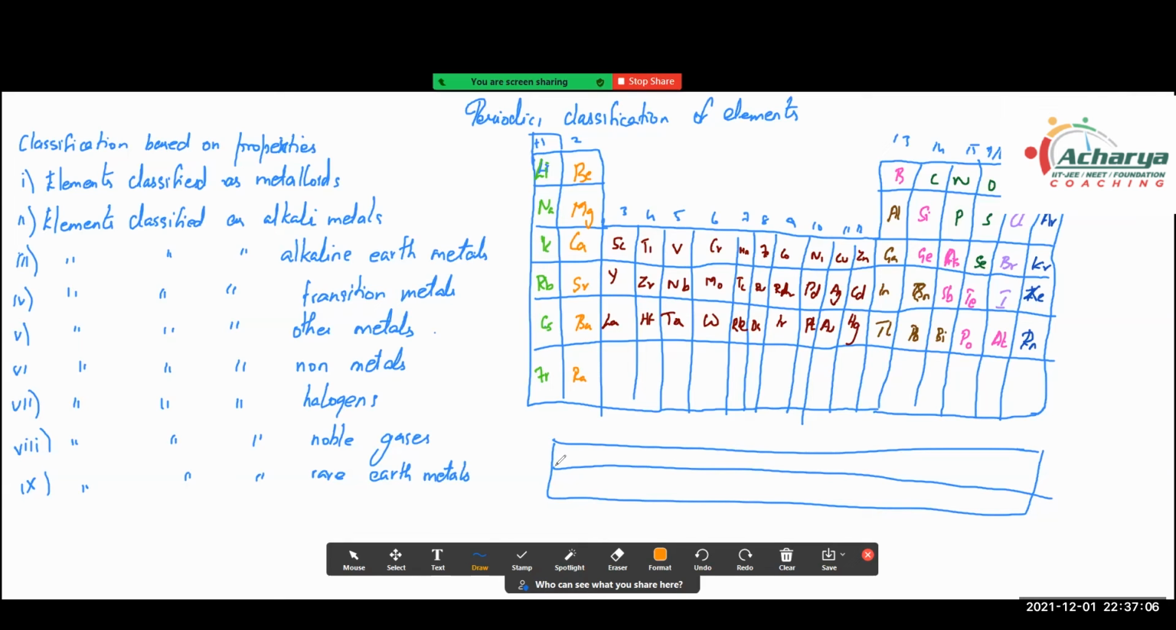Lanthanide series, which is known as inner transition elements. So there are going to be 14 lanthanides and 14 actinides. So it is going to be lanthanum, followed by cerium. Then we have praseodymium, neodymium,